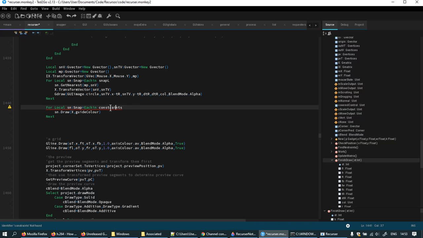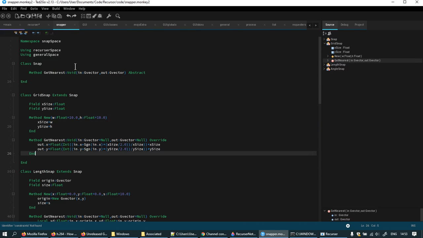It's telling me there's an error here, and it's because I haven't defined constraints, and I'm tempted just to respond to that error and go straight off and do that. Before I do that though, I will say